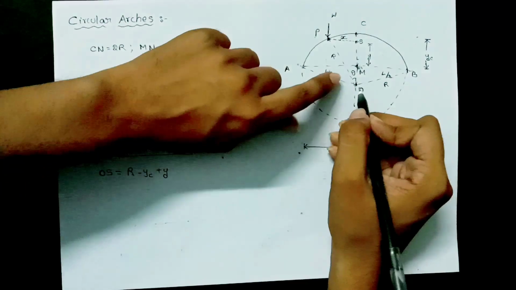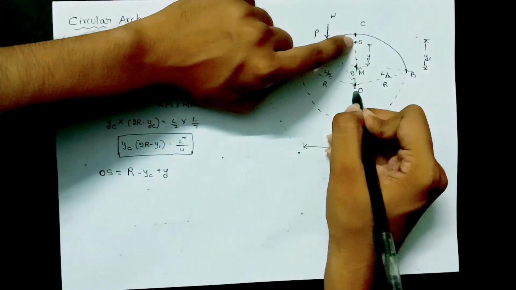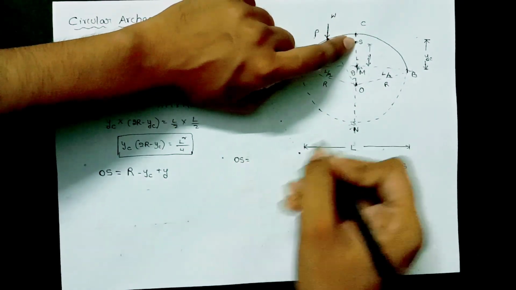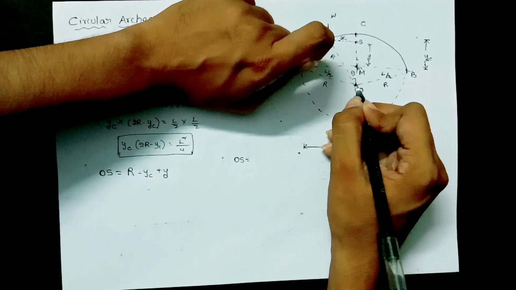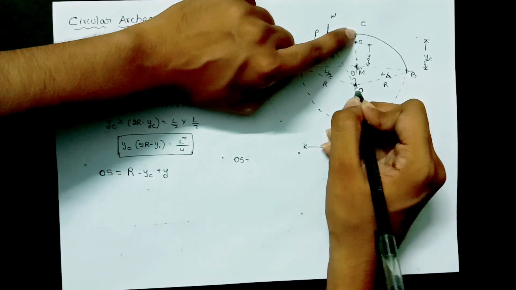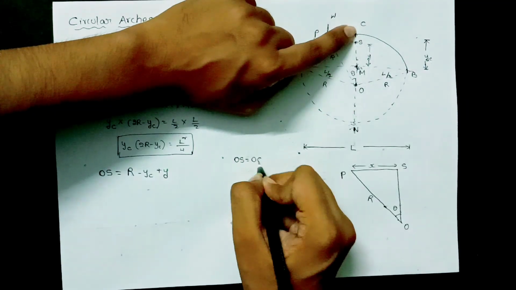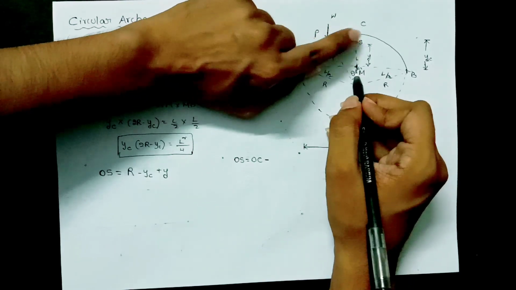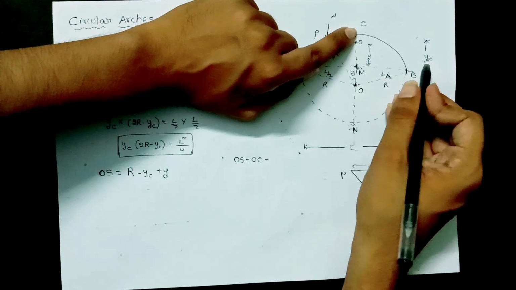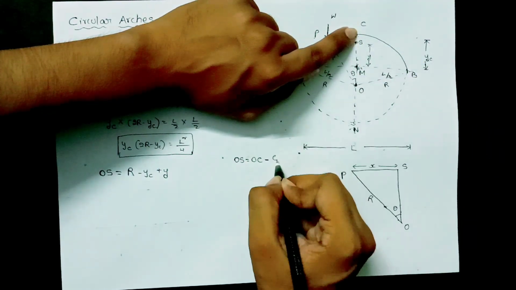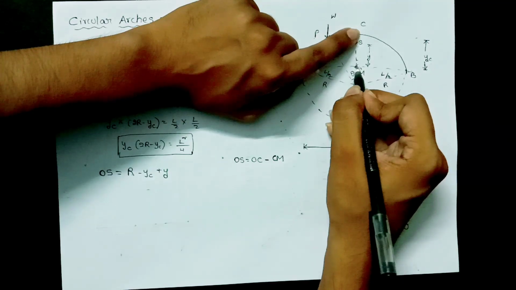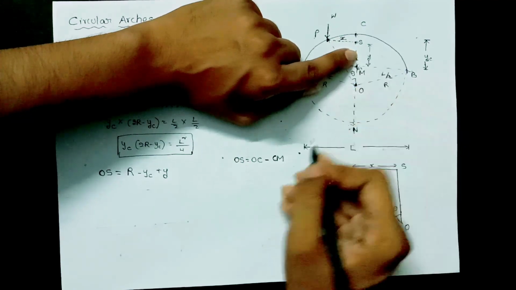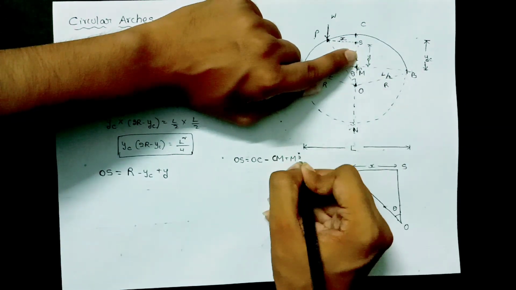So I am repeating once again. I want the distance from O to S. This is O and this is S. So I am calculating the distance OS. To calculate OS, what I am taking is the distance from O to C. First of all, O and C. So OC minus, I am deducting OC minus CM. This is C and this is M. The CM value is YC. So initially I am writing CM, so C to M I have deducted. Now I am adding this distance. This distance is Y, that means MS.